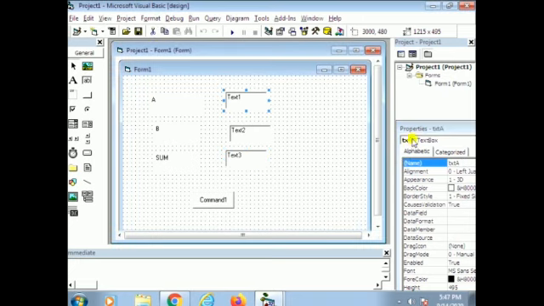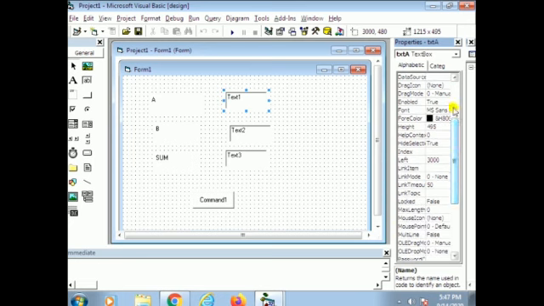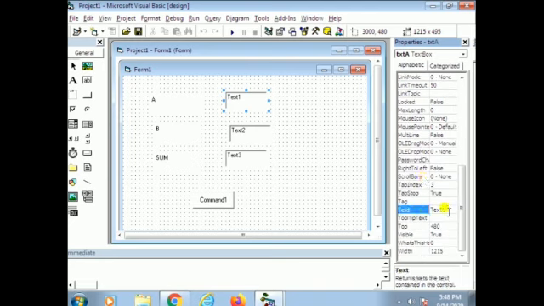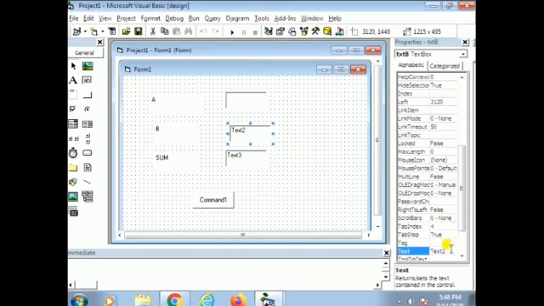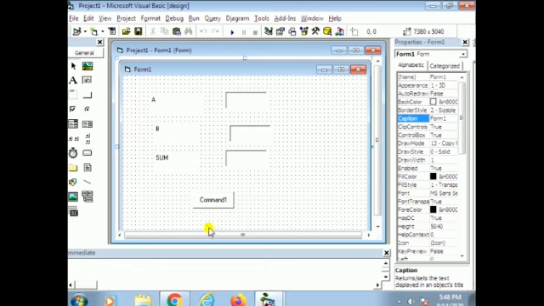So go to the text property. First we open our properties window, then we search for that. These are in alphabetical order, that's why I go to the last or ending of that window. Now set the text box. Simply delete the text 1. When we delete this text 1, the text box also will be empty. Okay, text box 2 and text box 3. And now the command button.